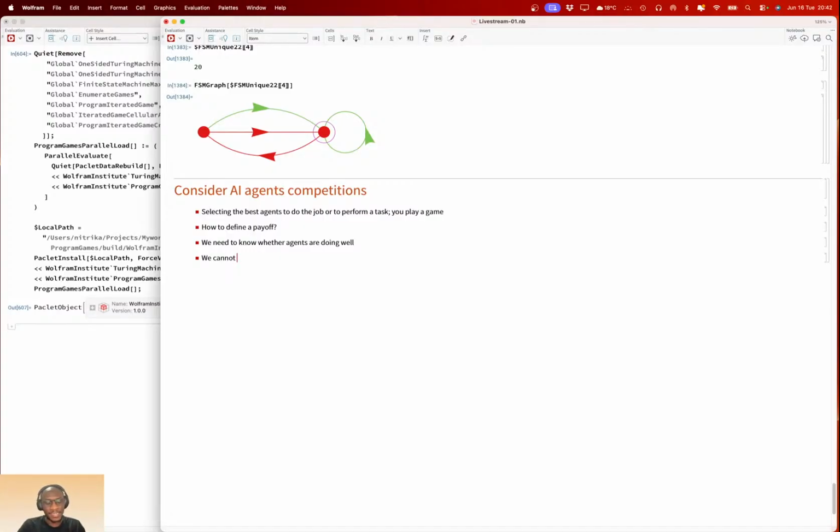So we can't really define what competition looks like in the agentic world of AI agents without deciding on a better payoff matrix, or a better game.